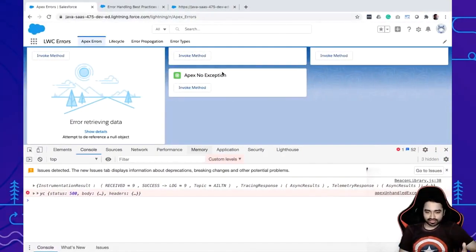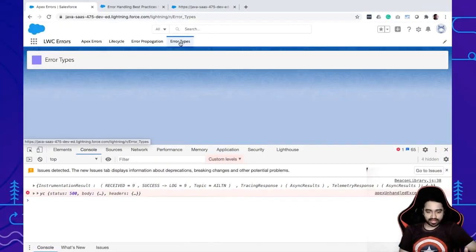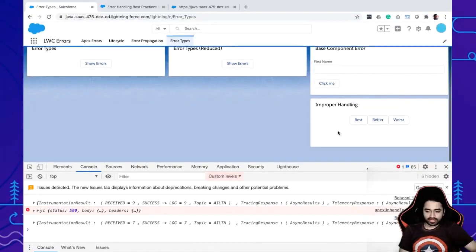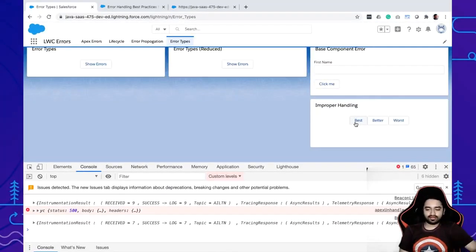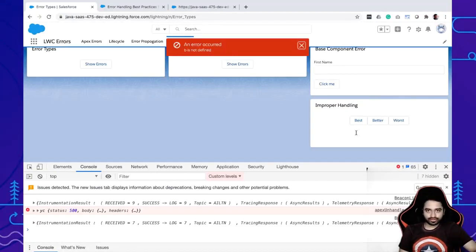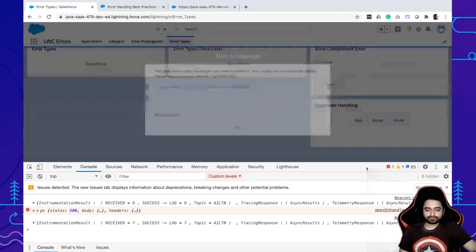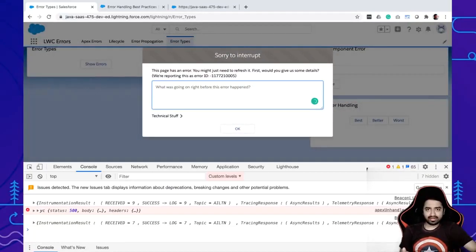To see it in action, let's go back to the error types tab and look at improper handling. If I click on the button best, it's actually going to show me the toast message. So I know something wrong has happened. And in case I click on, let's say, better, you'll see I haven't handled the error.